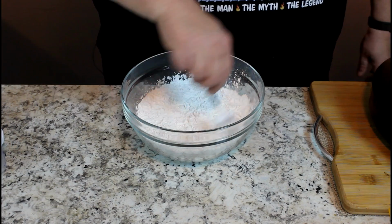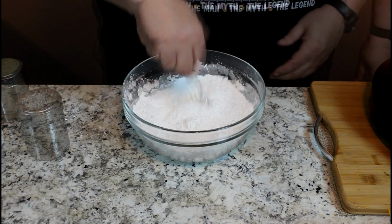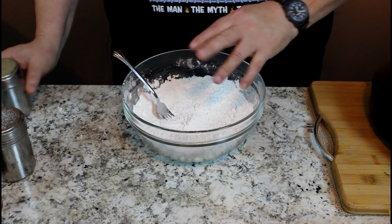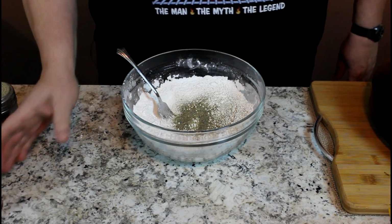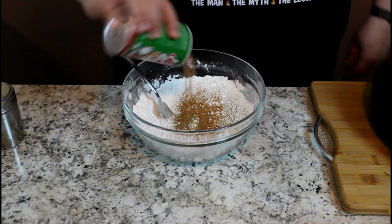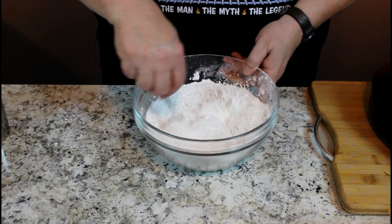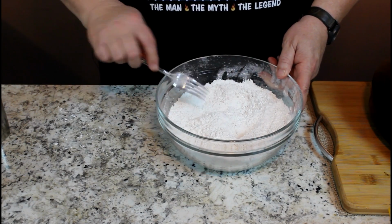And we're also going to stop camera and hit this with some salt and pepper. All right, we found our salt and pepper shakers. We're going to give this about a half a teaspoon of salt and about a half a teaspoon of pepper. And we might as well throw in a little Tony Chachere's. Not much, because it has salt in it too, so only about a quarter of a teaspoon or so, and mix that in there. Now, we have our oil over here, up to 350 degrees, and we're only going to